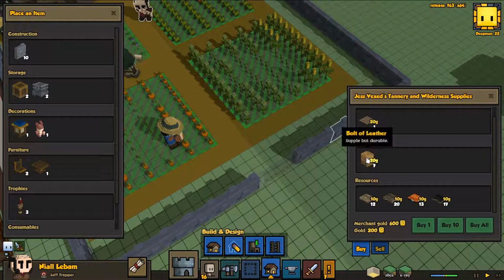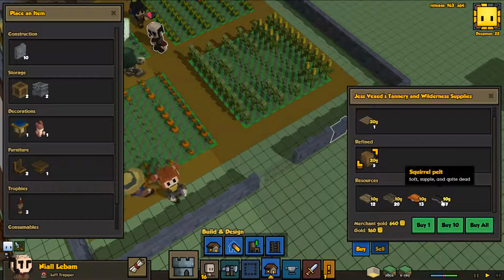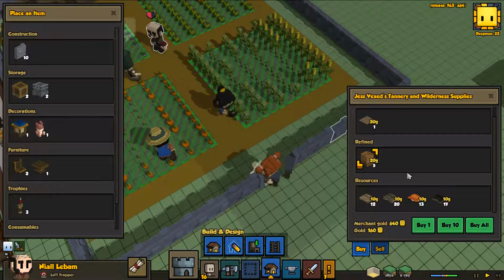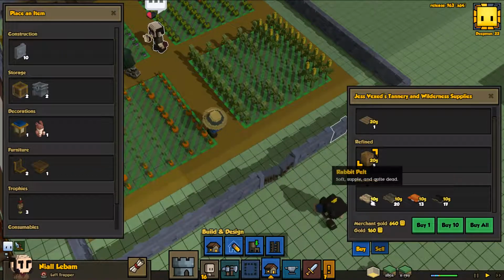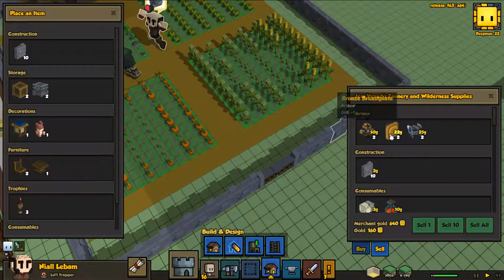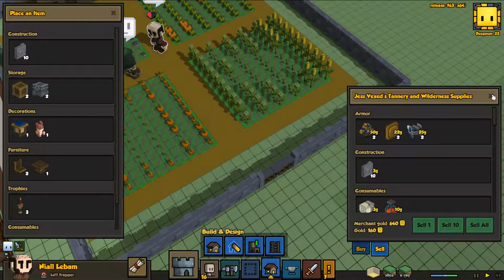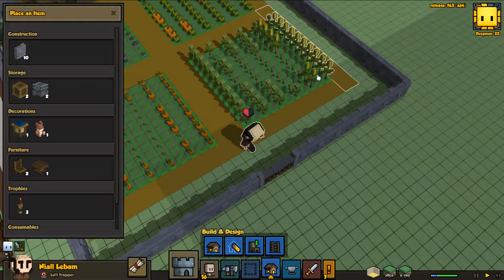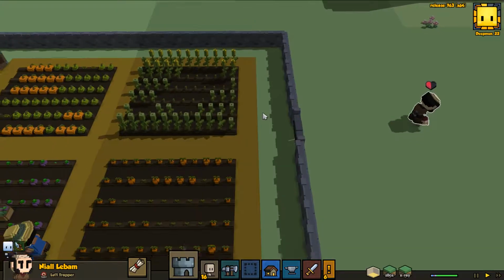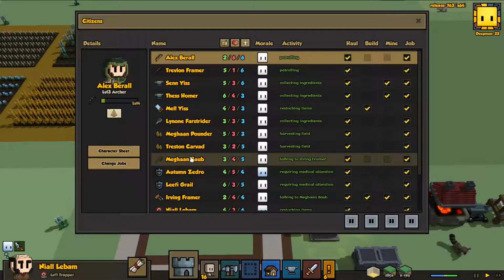Regular survivalist. What do you got? You got some bolts of leather. That actually, I'm gonna pick up a couple of those because that's helpful. I guess I could hook those up. Nah. Shoot. Yeah, that's gonna be it. I'm really debating now whether taking them back to...